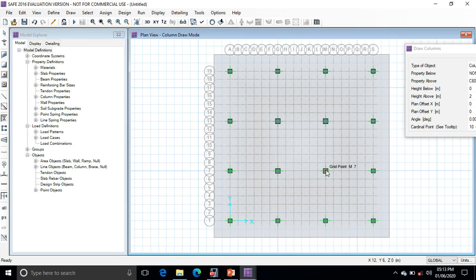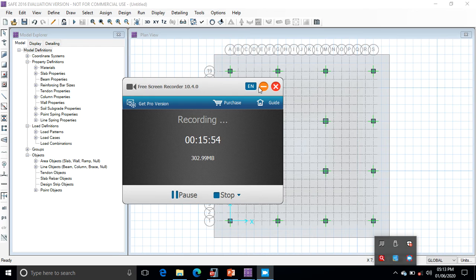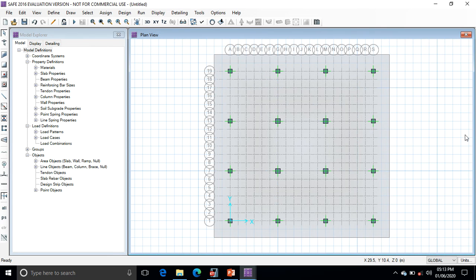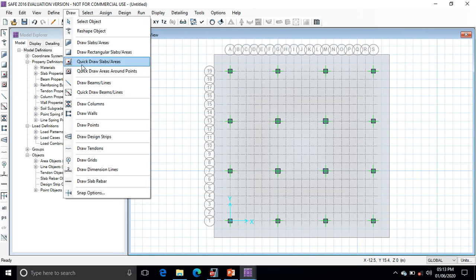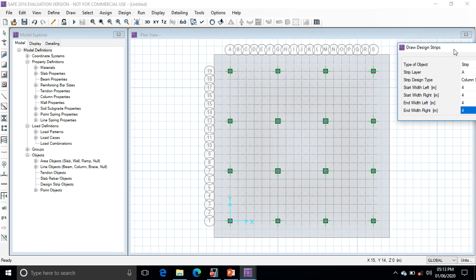The size of this column is equal to. Okay. After that, draw design strips. Go to the draw menu, go to the strips, design strips, draw design strips. Here start with a strip that is in this direction,